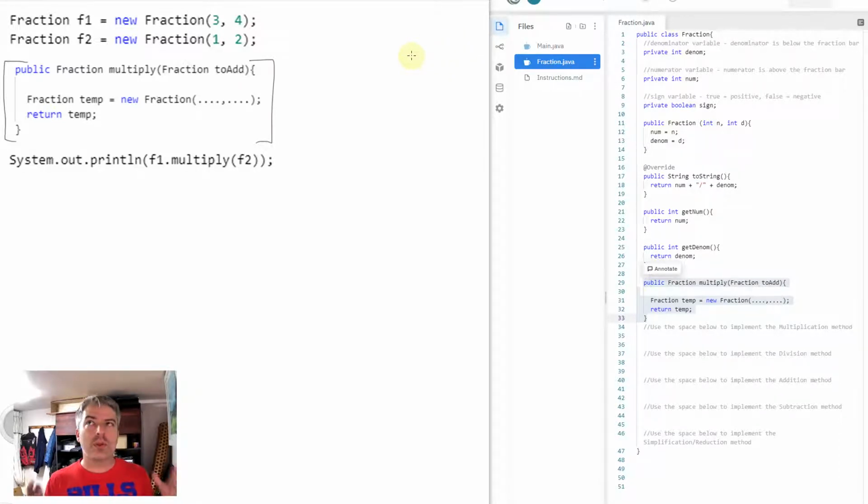Okay, so I was thinking through what kind of assignment I could do for you, and how I could help you move a little bit further forward. We have the multiply and the divide functions to do, and I think those methods are pretty similar. So maybe if I walk you through how to do the multiply function, then you could do the divide function